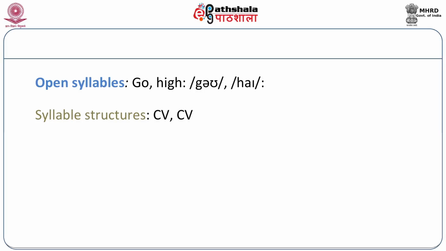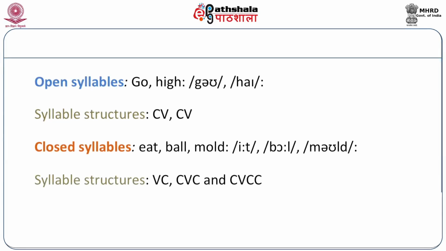On your screen you notice the words such as go and high. These words end in vowels. The words eat, ball and mold, all of them end in a consonant. In order to be able to make explicit the distinction between open syllables and closed syllables, it is found convenient